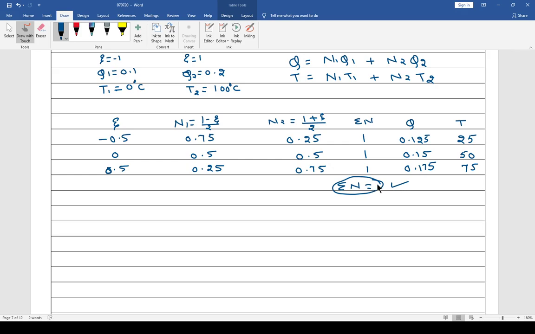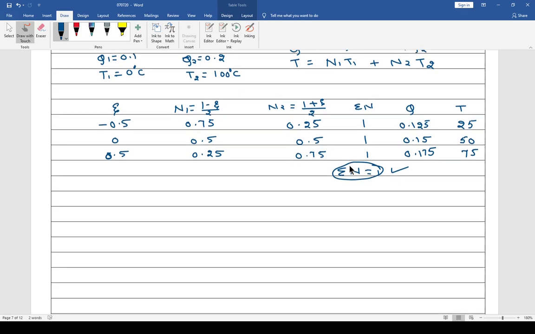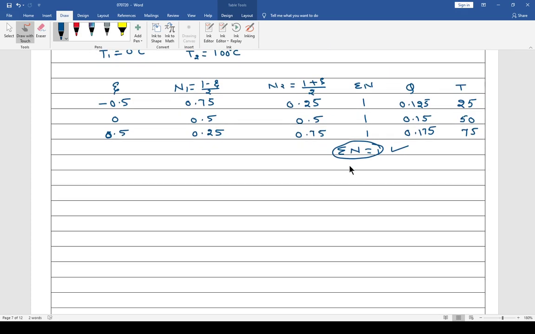Okay, but you may not get it, so I just have a full problem for that, just to make you understand that the summation of N is always 1. In whichever element it is, from now onwards the summation of all the shape functions will always be 1. This is not only applicable for 1D, it is applicable for all the elements. Summation of N is always 1.